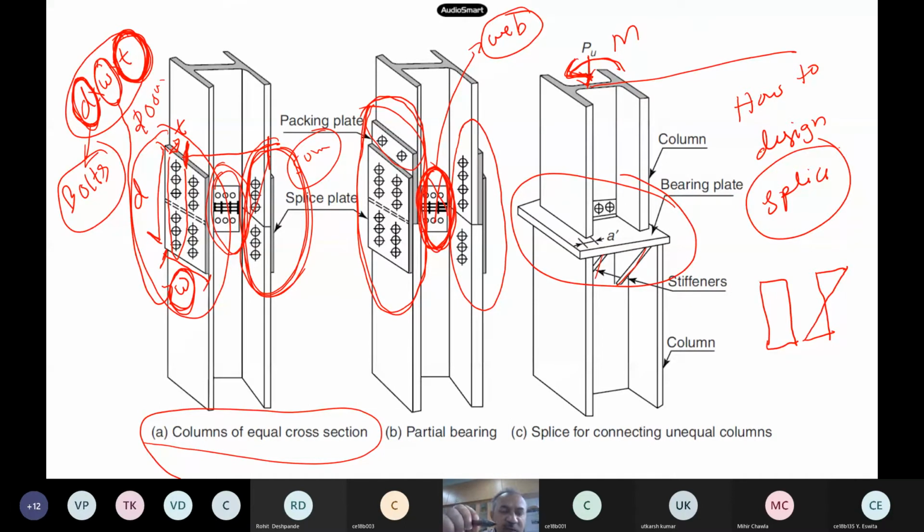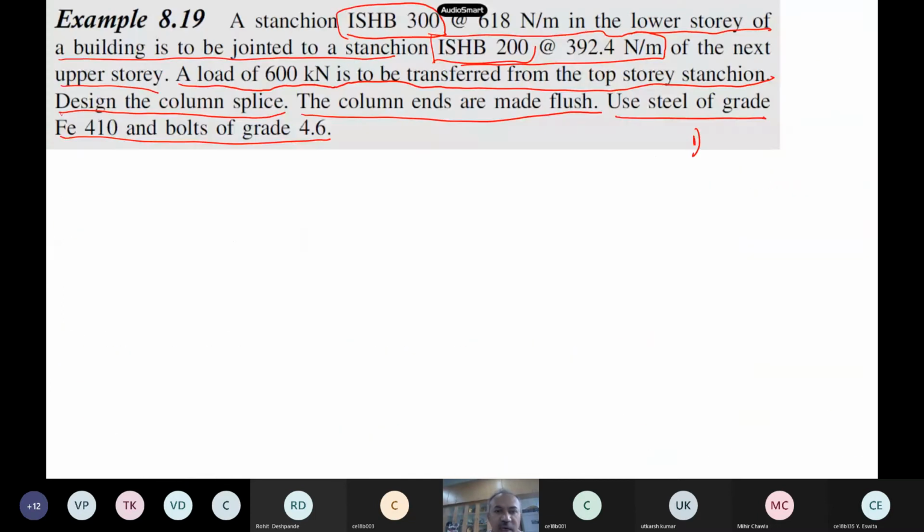Then what is the problem you are having here? What is the extra thing you have to provide when you want to join these two, because their depths are different, one is a 300, the other one is 200? Apart from the flange splice, you have to put another extra thing. Bearing plate.